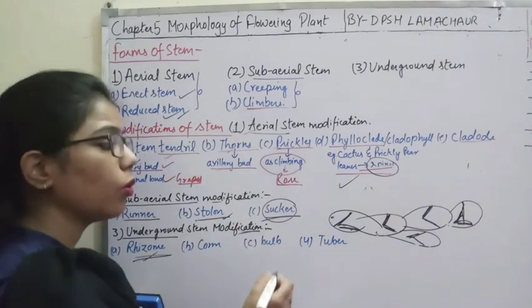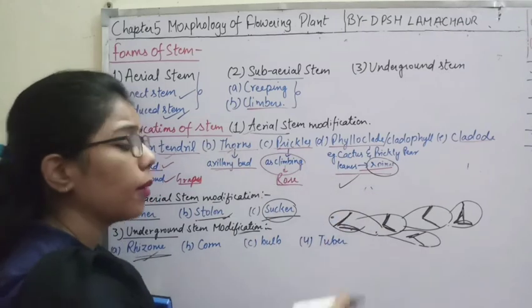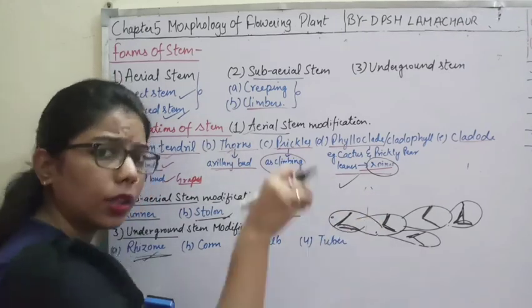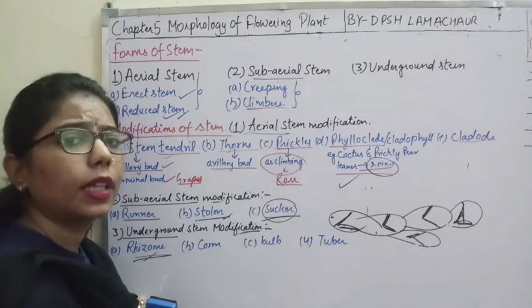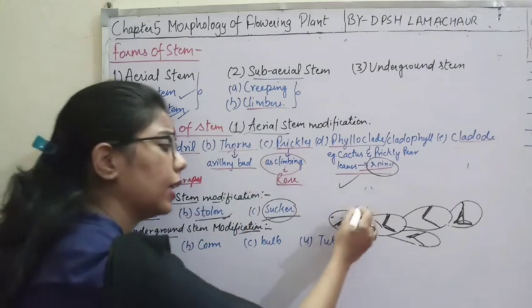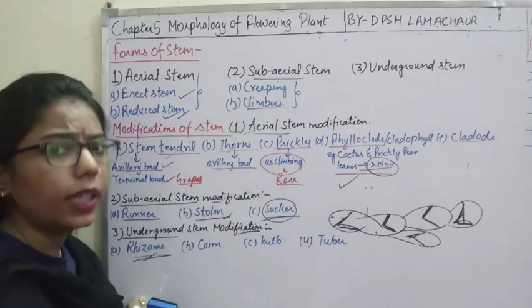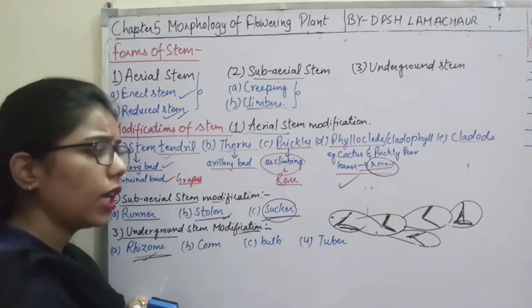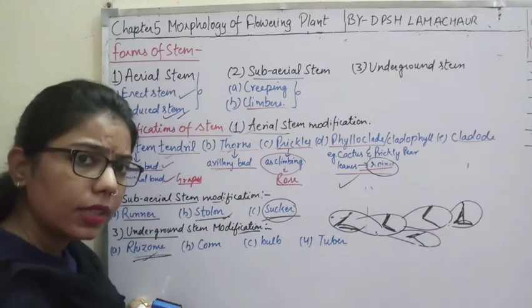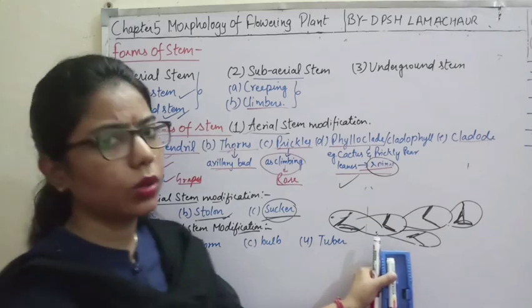And when you go for the propagation of the ginger, what are you doing? You are cutting it and just keeping it inside the soil so that it will grow up. And they are the storage organ. What are they? They help as a storage organ, and again they are the modification of what? Modification of stem. We cannot say these are the roots here.